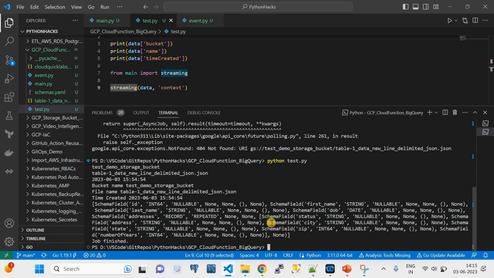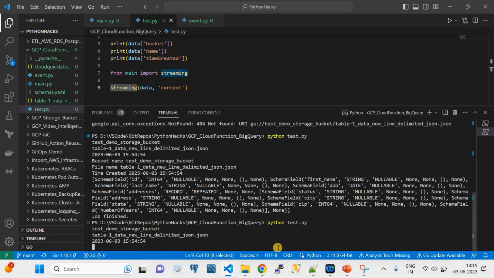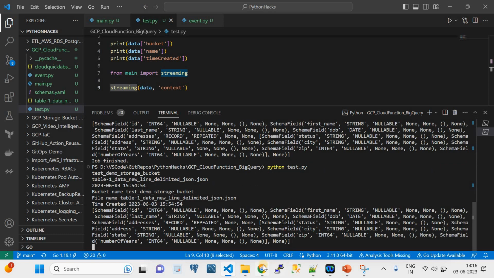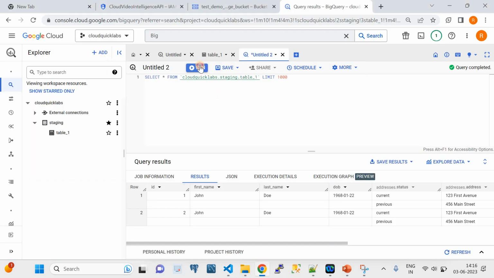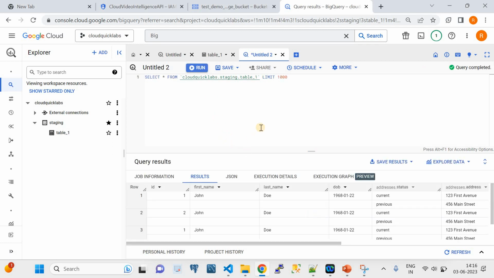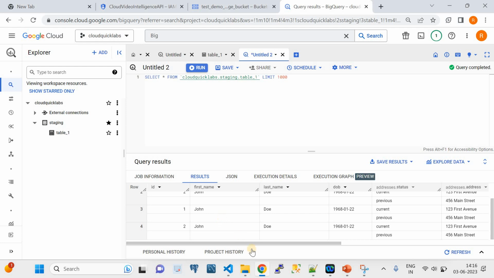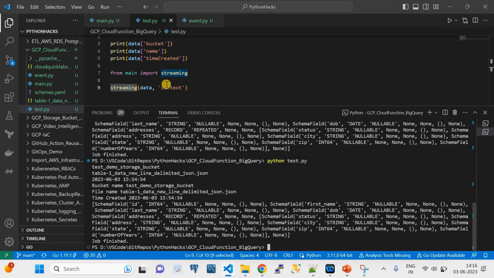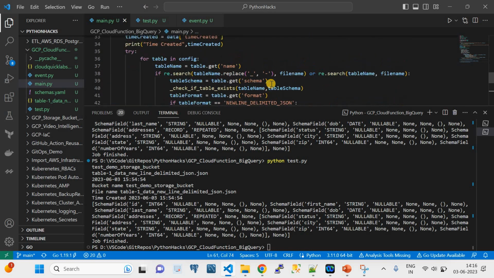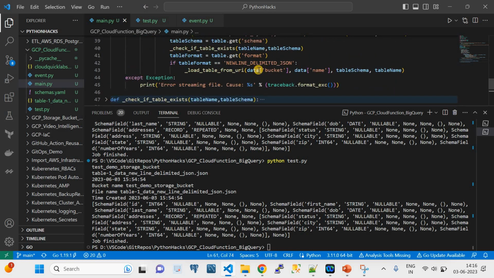All right, if I rerun this job again, it's just going to append. It is not maintaining deduplication, it just appends the data to the next row of the table. Now we should see 4 records being added. You see, there are 4 records added. And that's the reason: the configuration present in this one, we are telling it to append to the